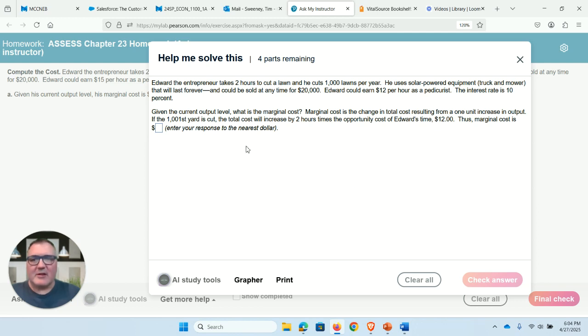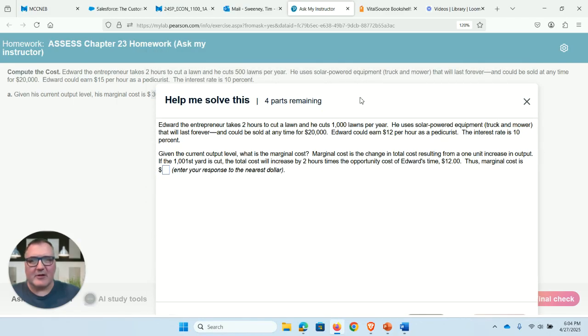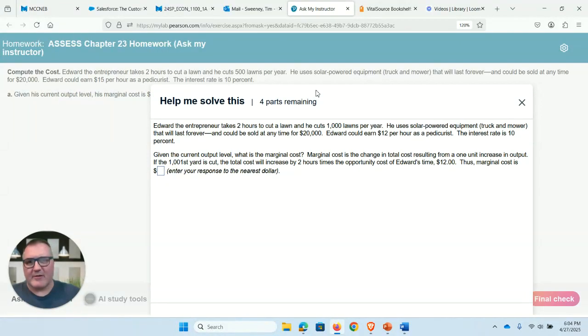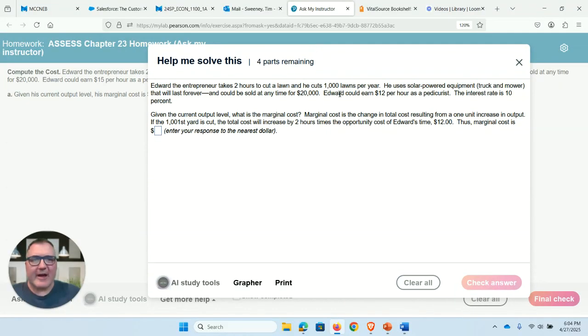Okay. So given the current output level, what is the marginal cost? Well, the marginal cost is the change in total cost resulting from a one unit increase in output. The numbers are a little bit different here because in the original question it was 500 lawns per year, but now it's 1,000 lawns per year. So if he went to 1,001